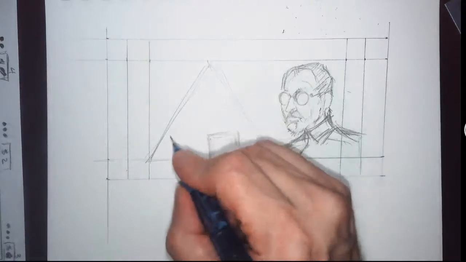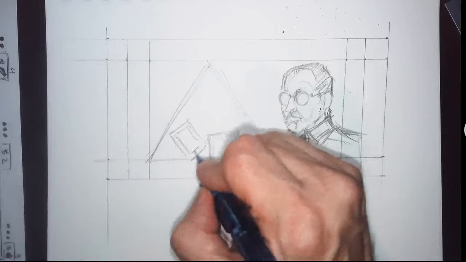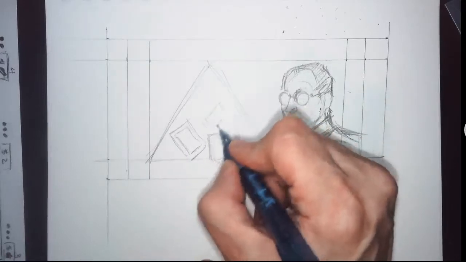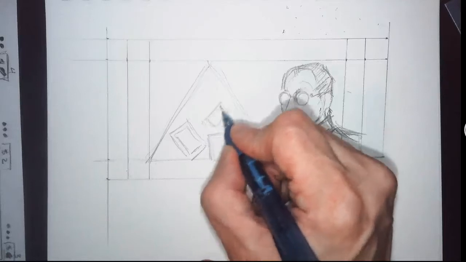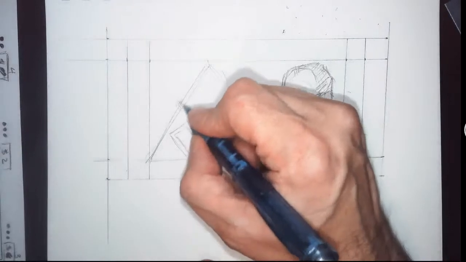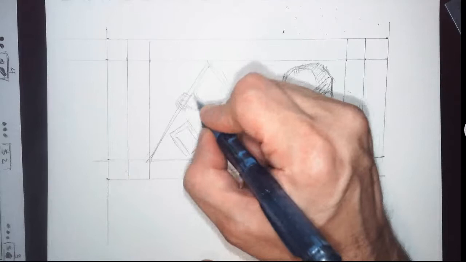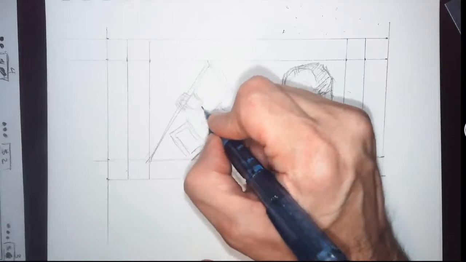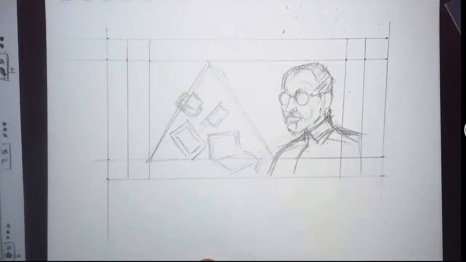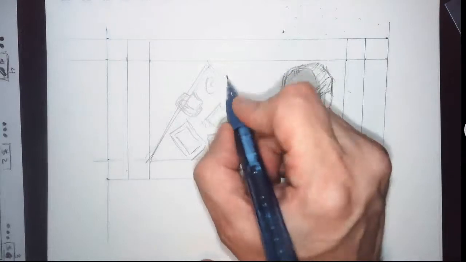Let's see, what else does he have? Well, he's got an iPad. And he's got an iPhone. Right. And he's got an iWatch, or I guess it's the Apple Watch, the iWatch. And he should also have, I don't know what else, maybe an iPlug up here. Right, so